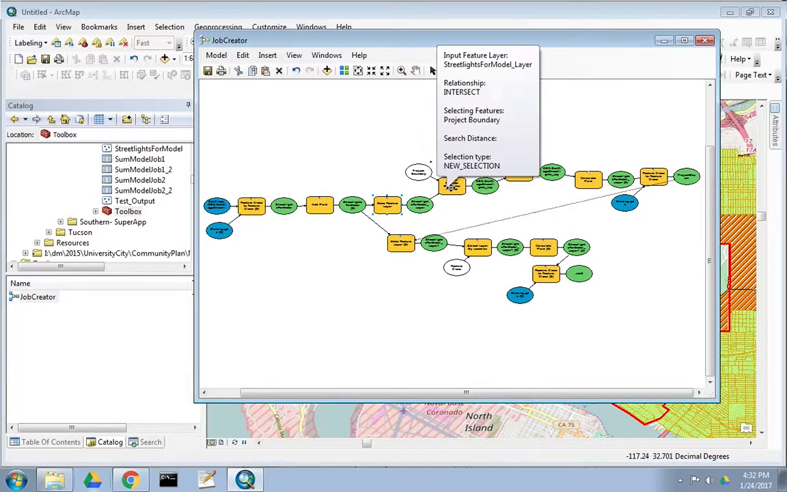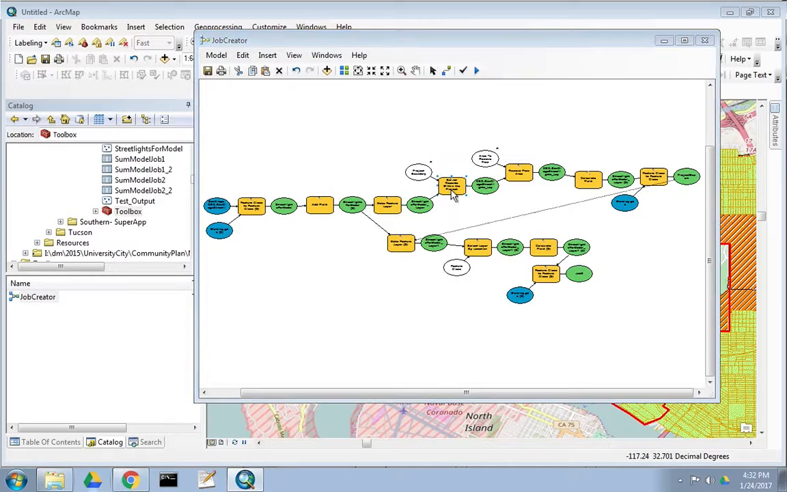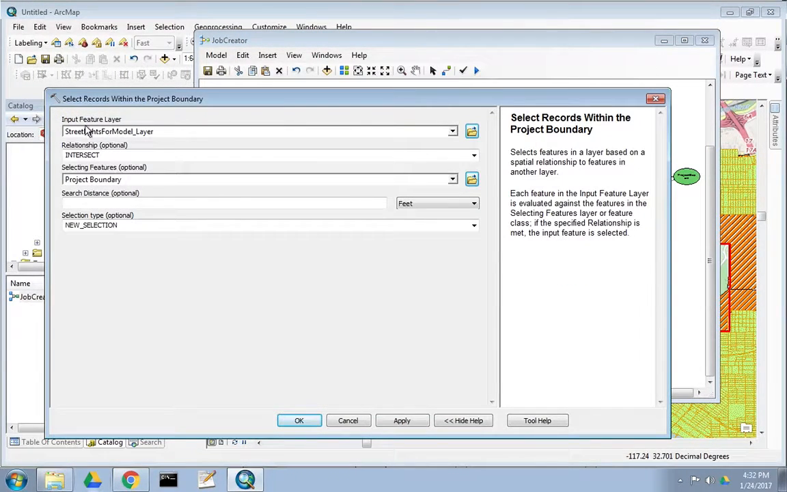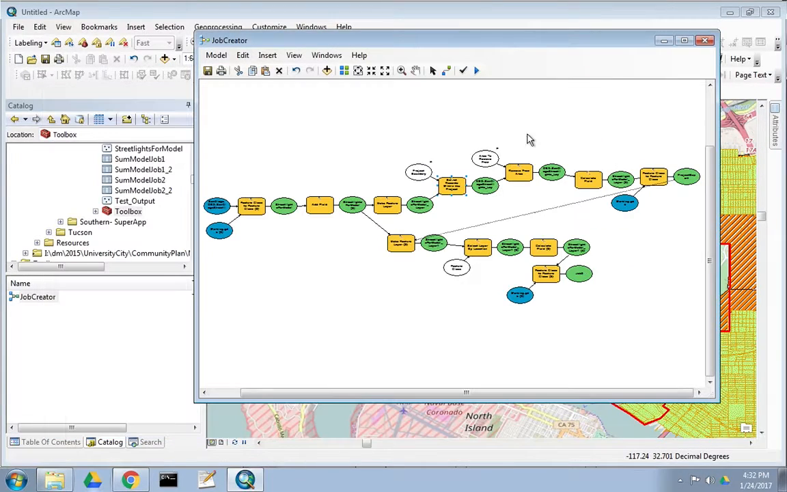After that happens, we're going to run our first select by location. So we're intersecting our project boundary here. And this is actually a variable, so we can change this to whatever we want, but for this exercise we're going to set the variable to be our project boundary. And then the next step that we're going to do is we're going to